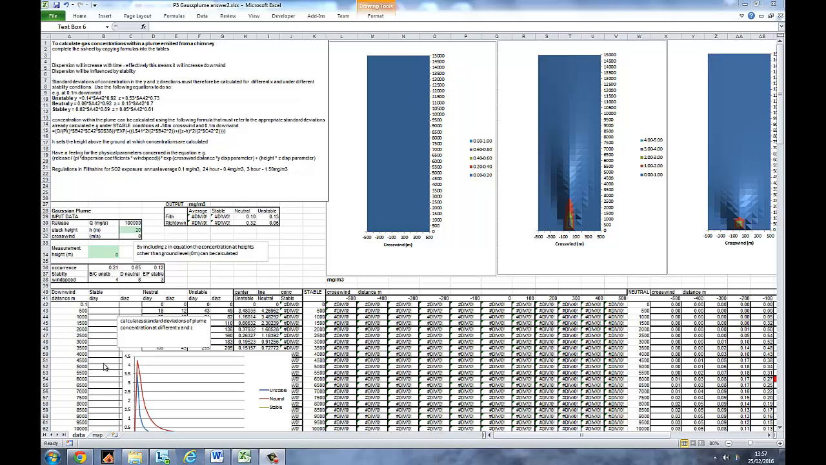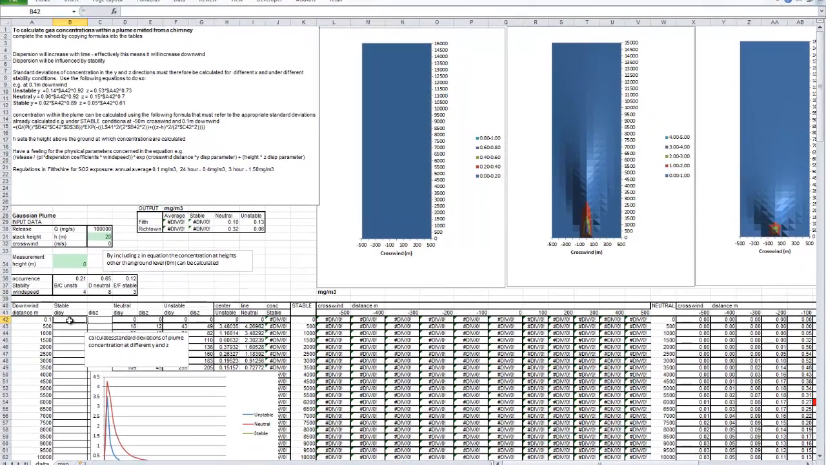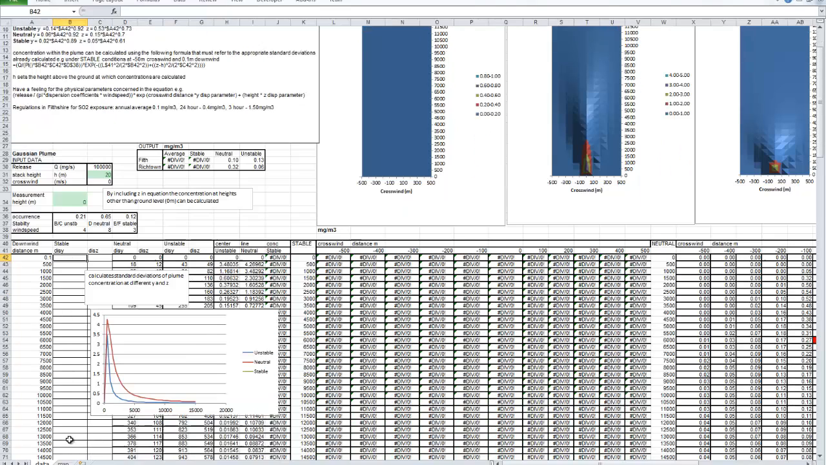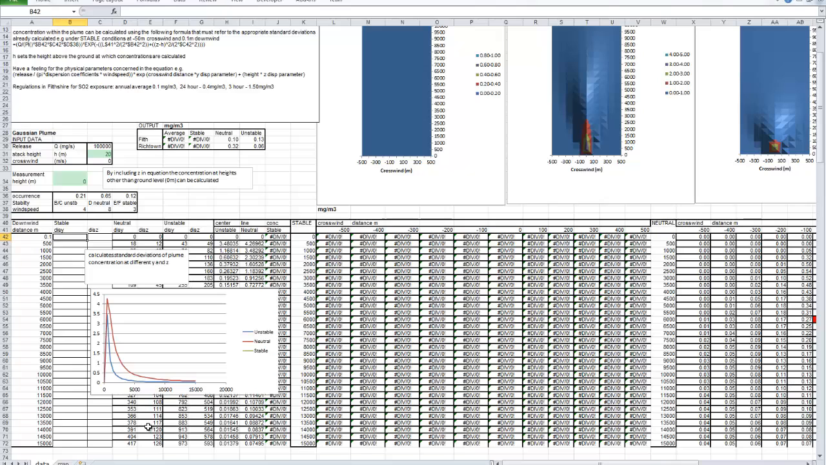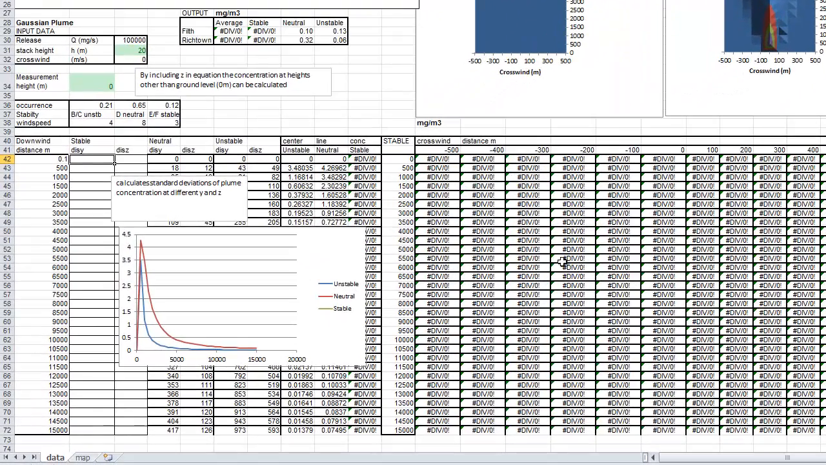And similarly across the plume, we need to know the standard deviation of the concentration distribution. If we know the standard deviation, then we can plug that into the formula for a normal distribution and work out the concentration at any point along that curve. So the first part is to work out the standard deviations, which is done down here in this part of the table. Then the equation for the normal distribution, or a version of it, is written into these tables,